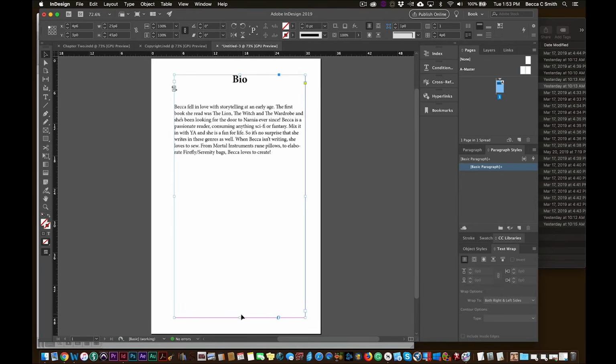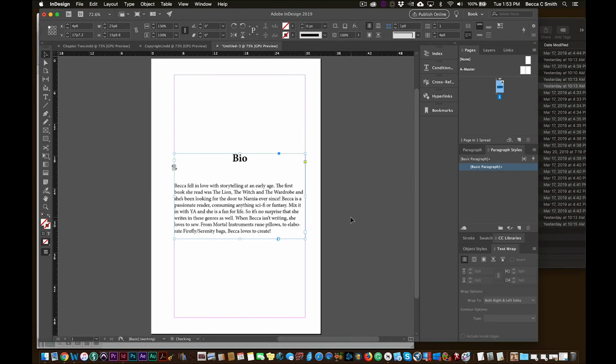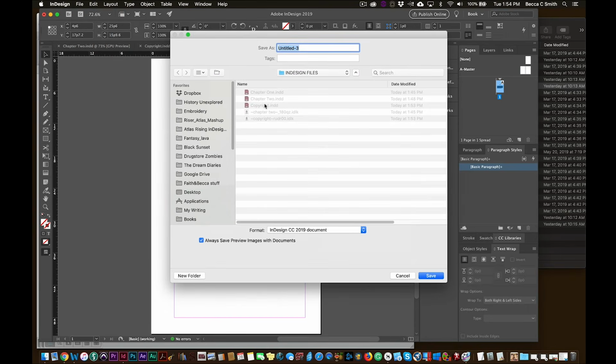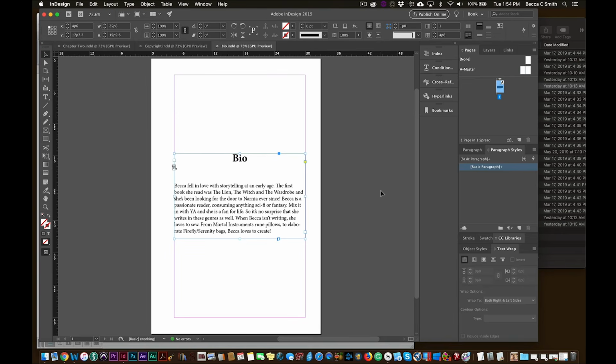But I am going to move it, so let's click on the text box, make it more manageable, move it to the exact center. So let's wait for that. There we go. There's our bullseye. There we go. And then we save. Bio, save. Okay, so now we have all our components and we want to put it all into one book,